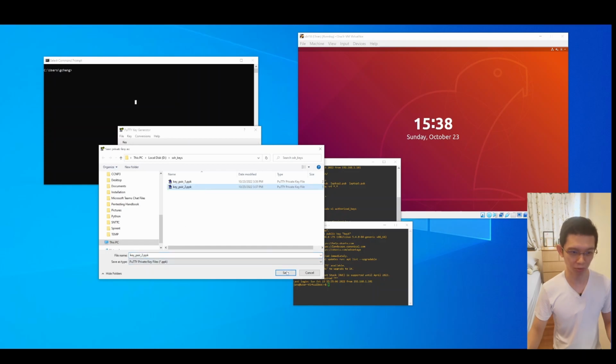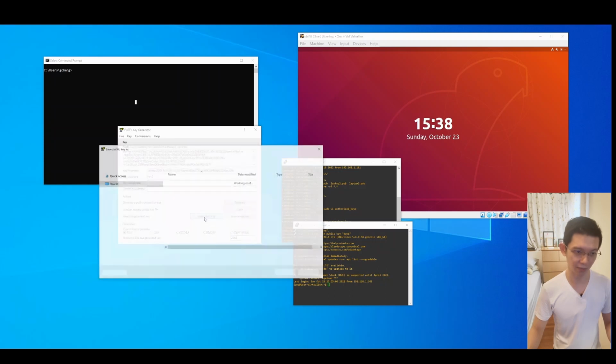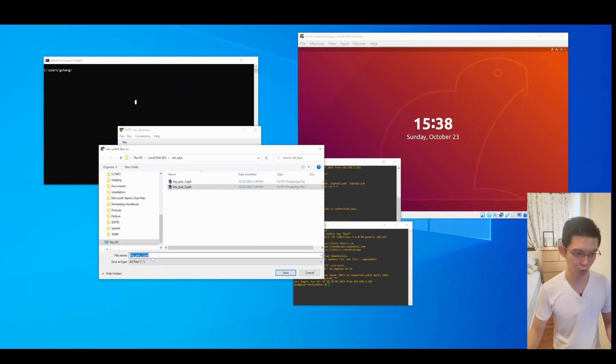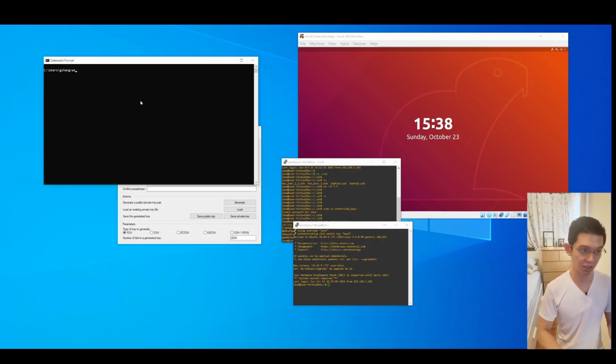Key pair 2.ppk. Okay. Say yes. Save the public key as key pair 2.pub. Okay, .pub is the public key extension, and then we will SCP. The source is the file inside SSH_keys, followed by key